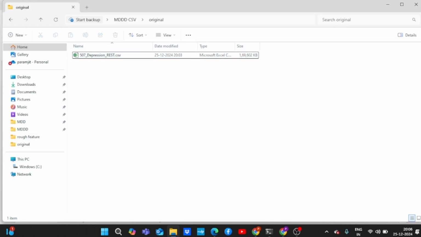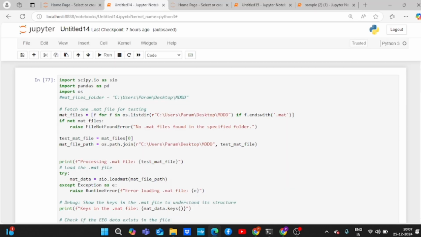When you convert your .mat files into .csv files, you will have more than 70 .csv files over here. Because originally in my folder only one .mat file was there, so only one is getting converted. Now, as we had discussed, I have made this folder because it is the original signal, and I want only 15,000 data points. Only 15,000 data points. So for that,